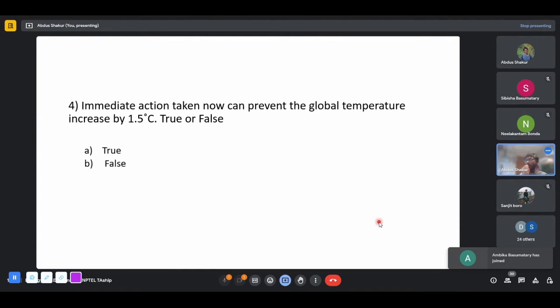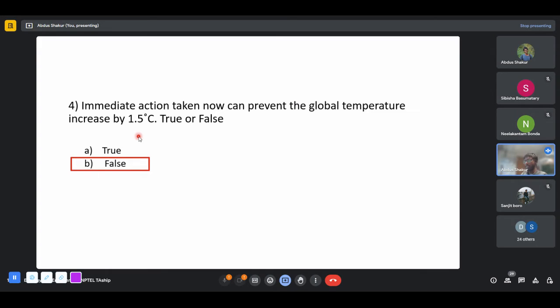Last time we were talking about how we can try to prevent the warming of our climate. The statement says that if you take immediate action right now, can we prevent the global temperature increase of 1.5 degrees Celsius? True or false? It's very unlikely that we are going to halt at exactly 1.5 degrees, because if you remember what we were discussing last time,